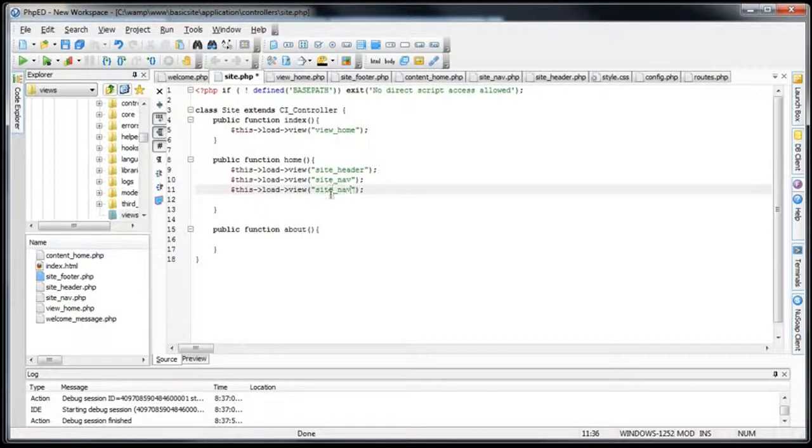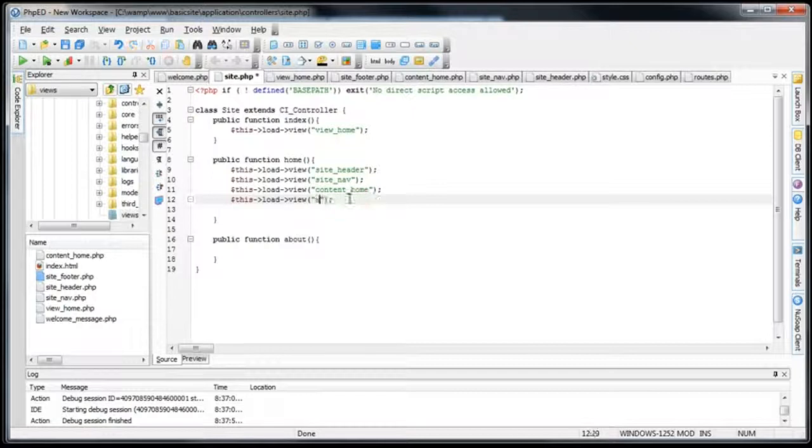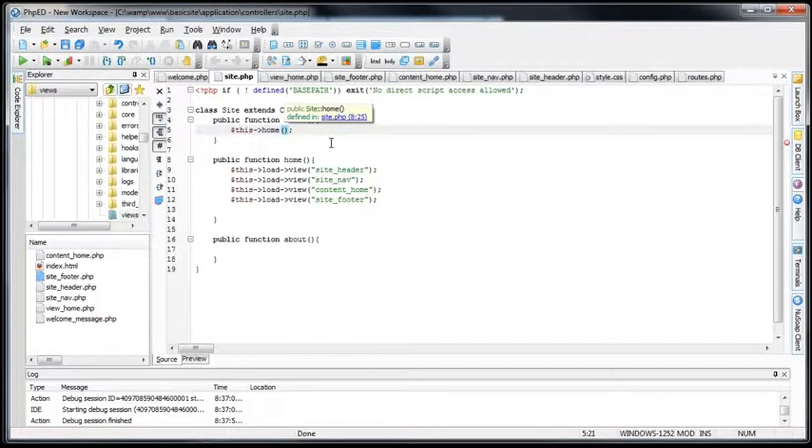By the way, I'm just pressing Control D. The command is the exact same in PHP ED and Notepad++. Maybe not whatever text editor you're using. If not, you can just copy and paste the lines or type it out or whatever you want. Content home for the home page, and then once more site_footer. Then, instead of loading this default view, I'm actually going to load the home function. Save it up,